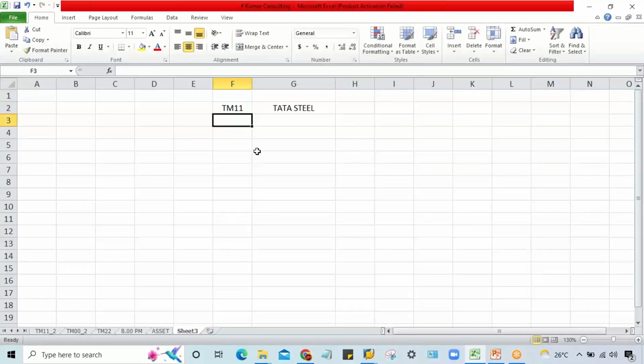Okay, guys, don't look at this code. There should not be any question why TM11 itself. We are not going to discuss those things. Just assume that TM11 is Tata Steel. I have just changed the name. And TM22 is, let's suppose,